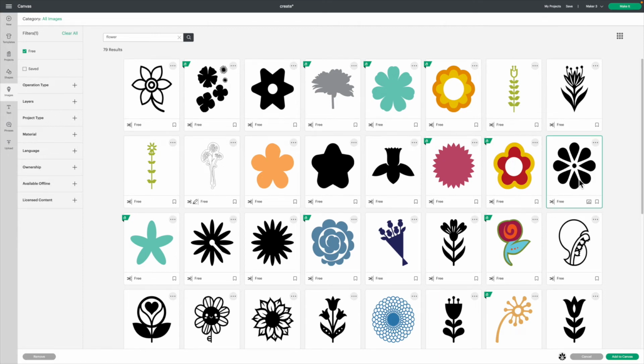To select an image, you click on it. We know it's selected because of the green border that surrounds it, and a small image of it is at the bottom right corner. Click on the Insert Image button, in this case Add to Canvas button, the green button at the bottom of the screen.